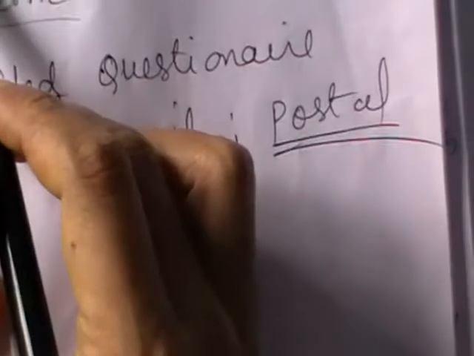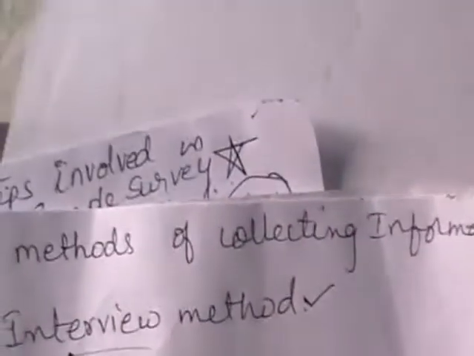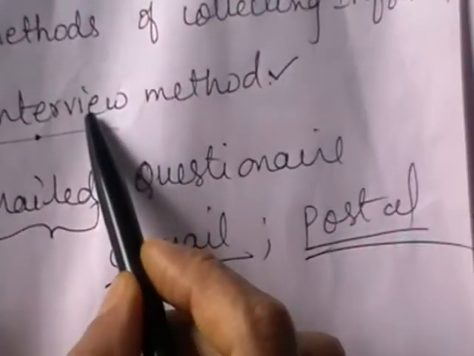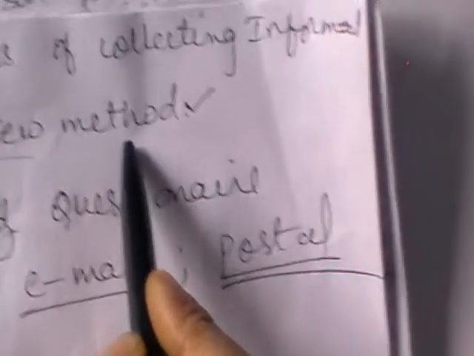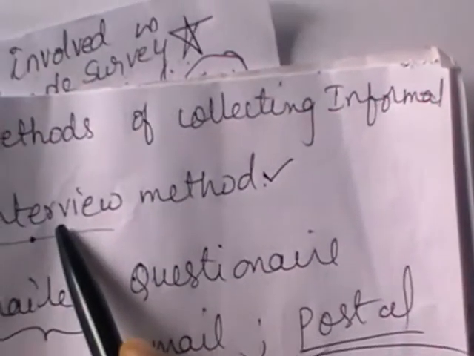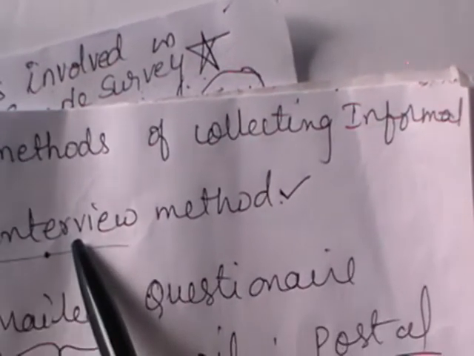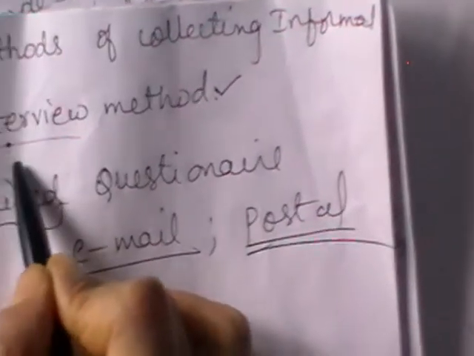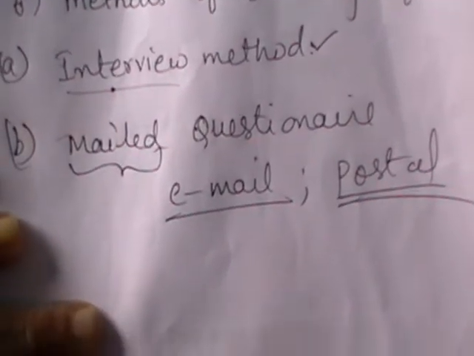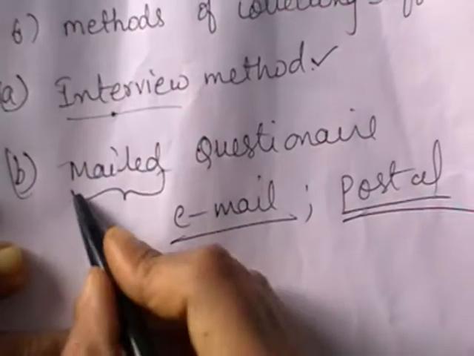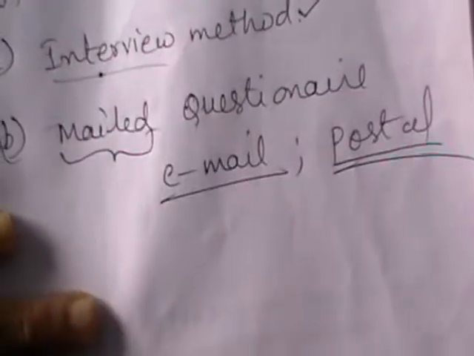This is the 6th heading, called methods of collecting information. Either you can collect by the interview method or by mailed questionnaire. This is the one where we collect the data by moving through household surveys. Whenever we have household surveys and the region is very near to us, we can prefer this. Whenever the area is very far or remote, we cannot prefer this method, then we can go for the mailed questionnaire method.